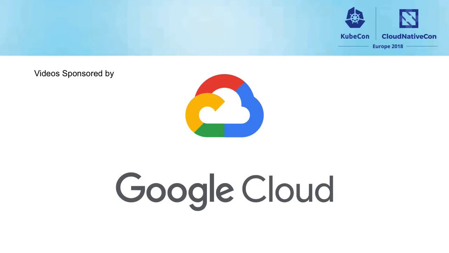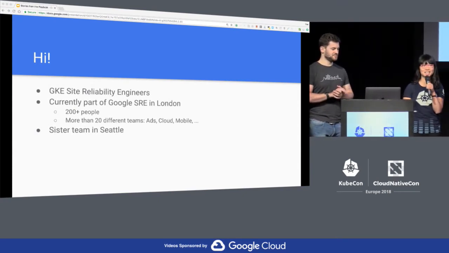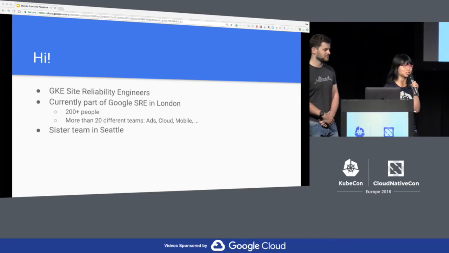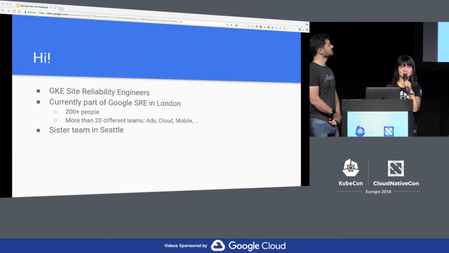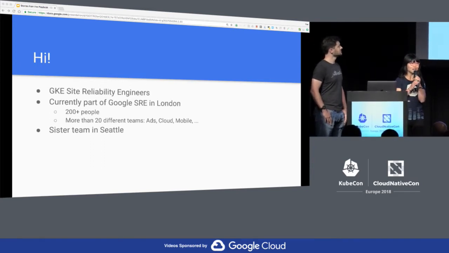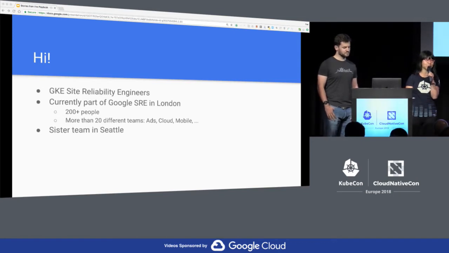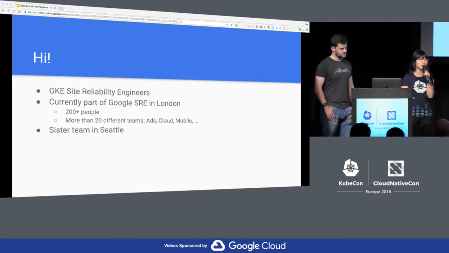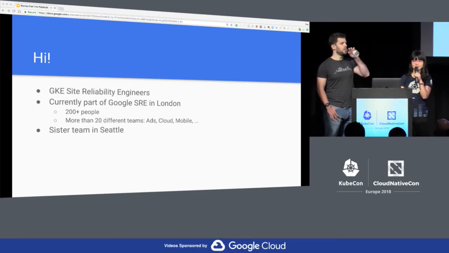I'm Tina and this is Fred, and we are Google Kubernetes Engine Site Reliability Engineers from London. And today we're here to talk to you about how we approach the challenge of managing the fleet of Google Kubernetes Engine hosted masters. So when you run a Kubernetes cluster on GKE, we take care of the master VM, making sure that all of the core control plane components are up and running. We also control the upgrade cycle of the master VM,